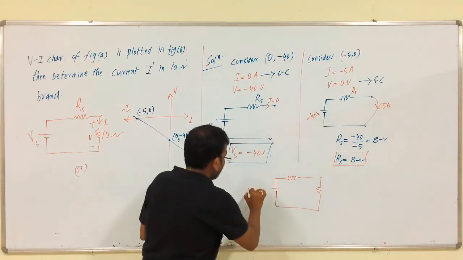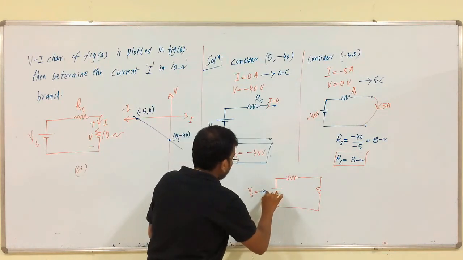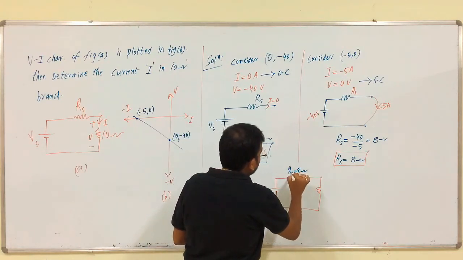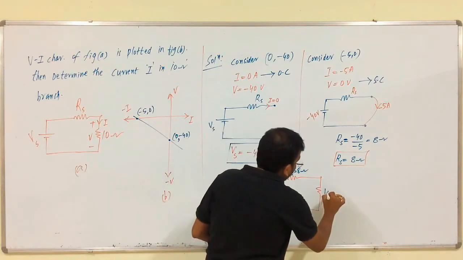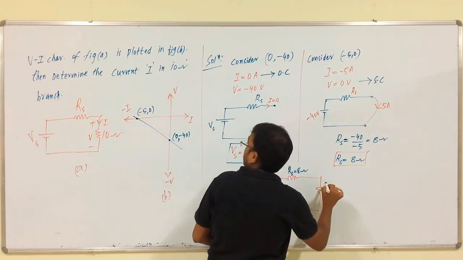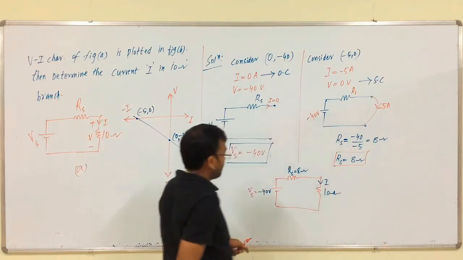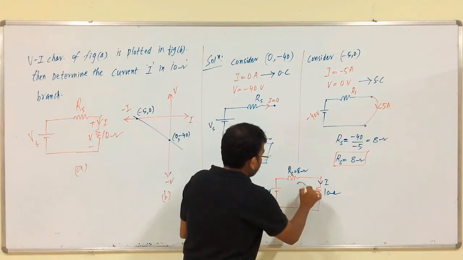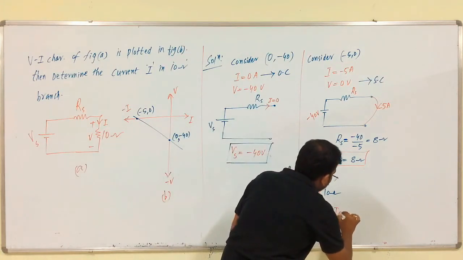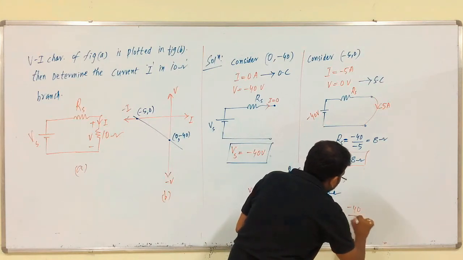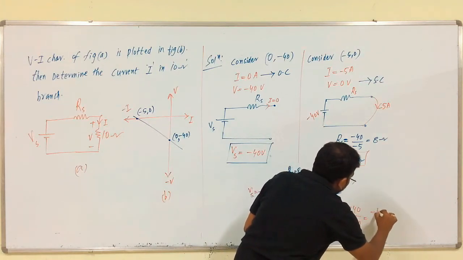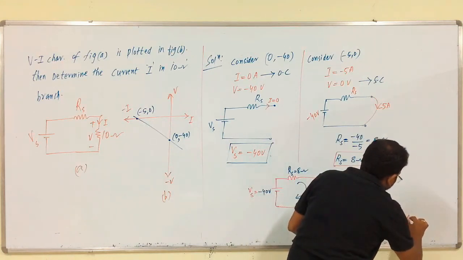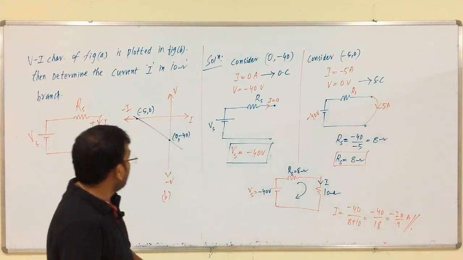So, this is Vs, no? What is the value of Vs? Minus 40, and we have calculated Rs, which is equal to 8 ohms, and what is this? 10 ohm branch, right? We have to calculate the current through this branch, that is it. So, I is equal to what? Minus 40 by 8 plus 10, simple. I is equal to minus 40 by 8 plus 10, minus 40 by 18, minus 20 by 9 amps. So, this is the current through this branch.